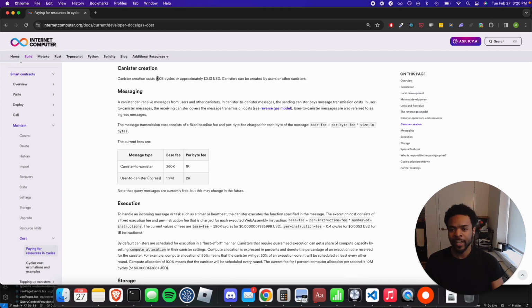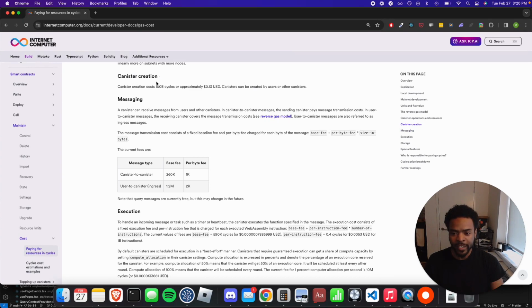And then say you have a social media network or something, or any application with users, right? One solution for implementing users would be to create a canister for each user that joins the application, right? So each time that happens, 100 billion cycles would be burned from the canister's cycle balance, which is approximately 13 cents. So one user canister, 13 cents to create. This is one way to think of it,